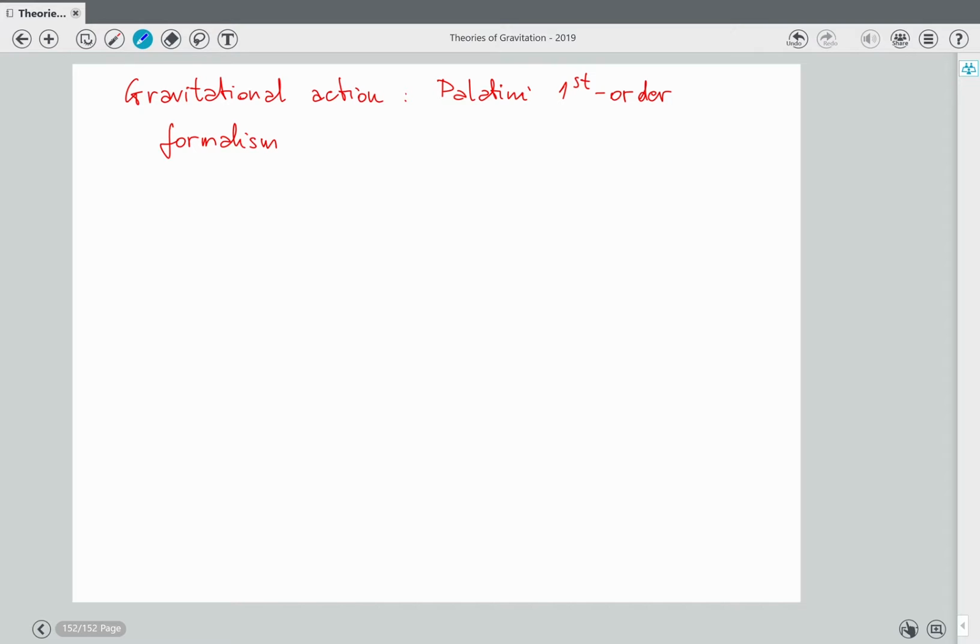So the action is written with the field bind and the spin connection, and apart from the constant, which we will determine from a certain normalization, it is equal to the integral on the manifold M of something that can be written by means of differential forms, and it is like that: R^{AB} wedge E^C wedge E^D times epsilon_{ABCD},